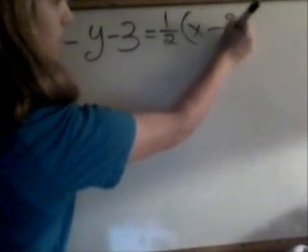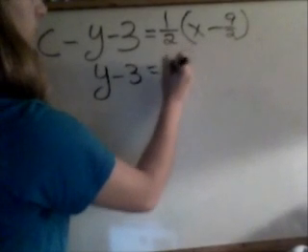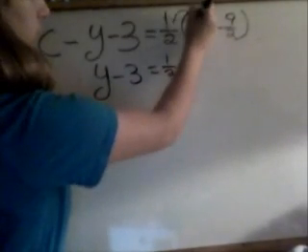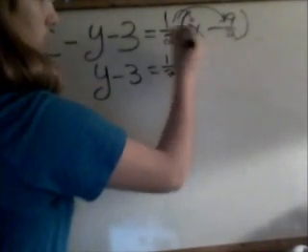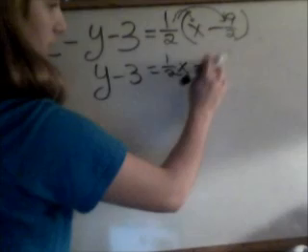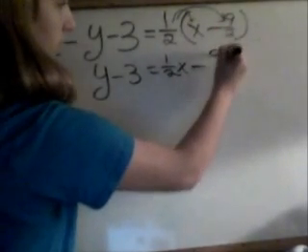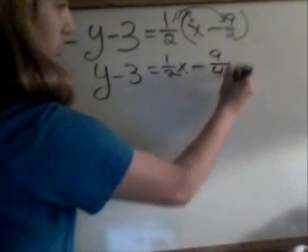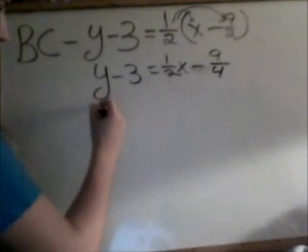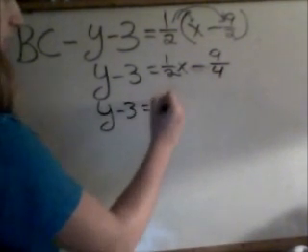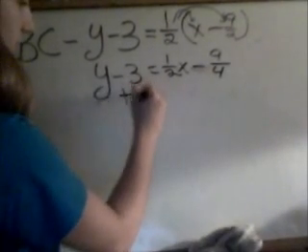minus 9/2. So then when you simplify it, you're going to get y minus 3 equals 1/2 x, as you're going to use the distributive property to both of those. A positive times a negative is still a negative, so it's going to be minus 9 times 1 is 9, 2 times 2 is 4, so it would be minus 9/4. Once you do that, you're going to add 3 to each side,